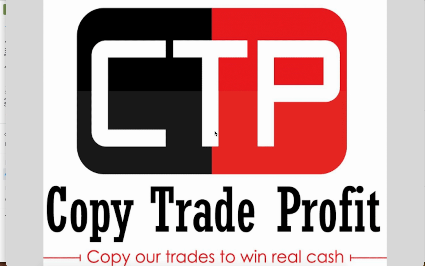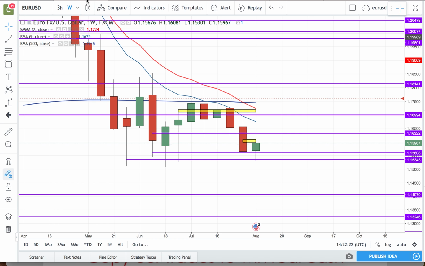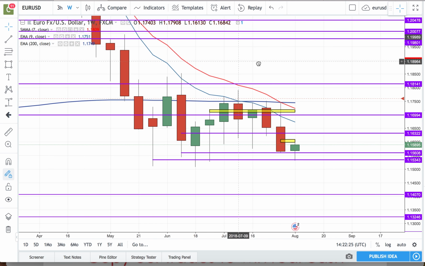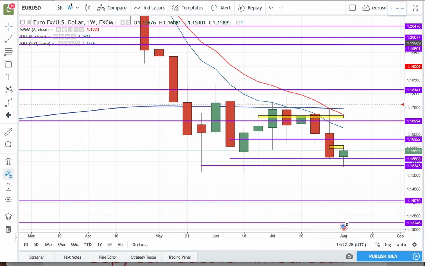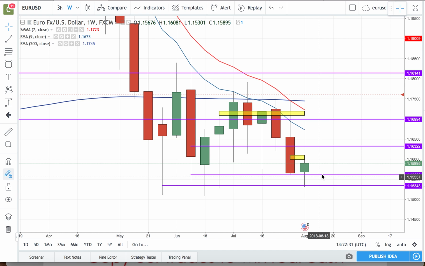Right guys, welcome to a breakdown of a few currency pairs that we are looking at for this week. We will start with the most asked about one, as always, which is Euro USD. So we will start with the weekly time frame, and on here we've got our support and resistance lines already